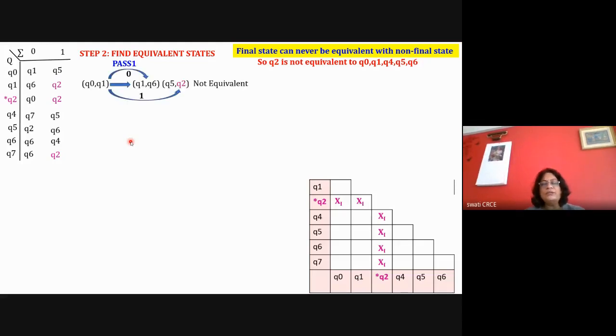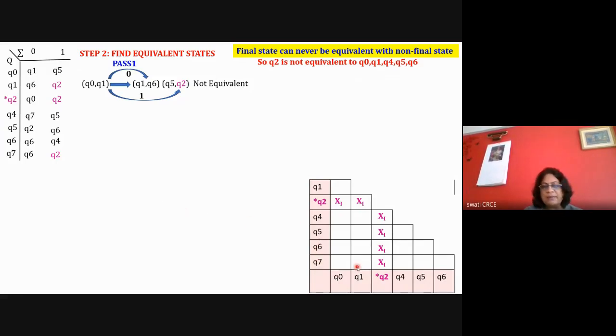Okay. Now what I'll do is, everything is done, so now I'll start from Q0, or in the table you can check. Start from Q0. Try to find out the equivalence between Q0 and Q1. Then Q0 and Q2, we already know that Q0 and Q2 are not equivalent. So I'm trying to find out the equivalence between Q0 Q1, then Q0 Q4, then Q0 Q5, Q0 Q6, and Q0 Q7. That means I'm trying to find out the equivalence between the states of the first column. I'll check Q0 Q1, then Q0 Q4, then Q0 Q5, then Q0 Q6, and Q0 Q7.